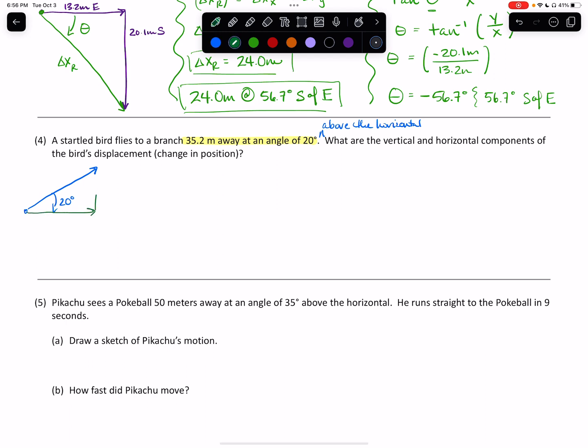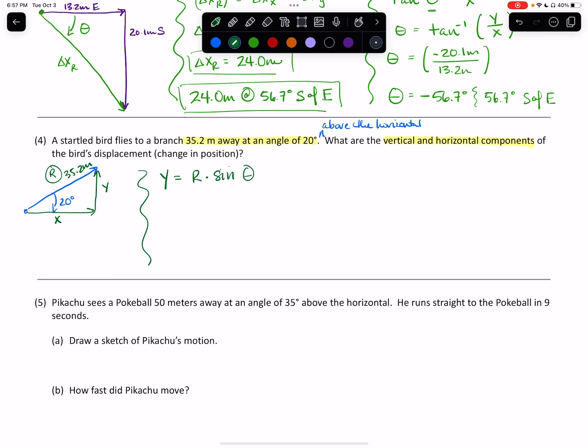It would look something like this, where this is our x component and this is our y, and this is going to be our resultant piece. The resultant piece has a value, it's 35.2 meters. So this is an example where we know the angle theta and we know the resultant value, so we're going to use those to find the vertical and horizontal components of this displacement. We're going to need to pull up our SOHCAHTOA. We remember that the y component is equal to the resultant times the sine